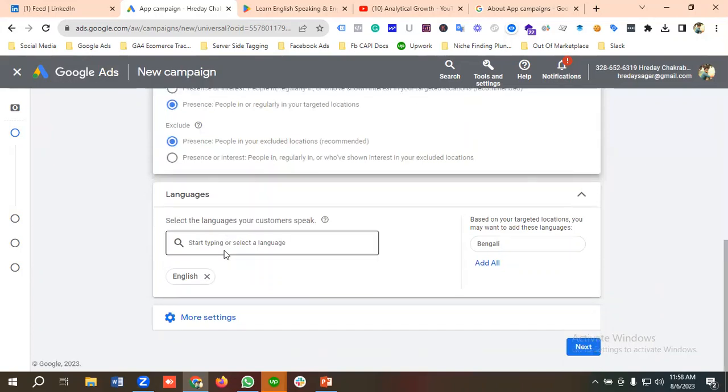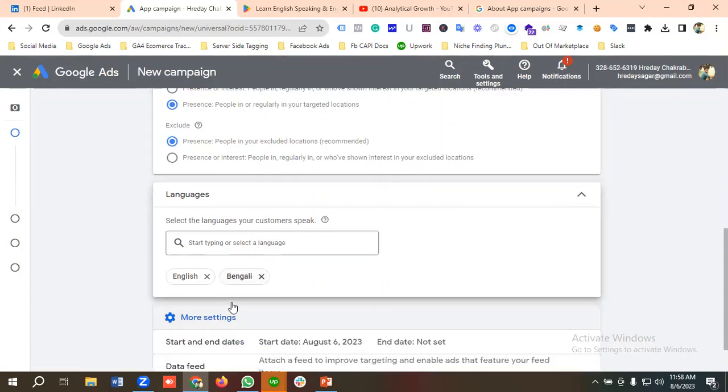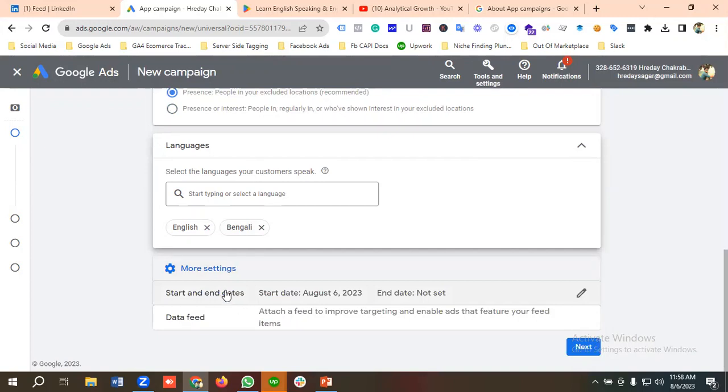And as the language, I will be selecting English, and you can see over here Google is recommending us to use another language, which is Bengali. So I'll click on add all. Okay. So from the mode setting option, if you want to give any end dates, you can give end dates from here. Then I'll be clicking on next,